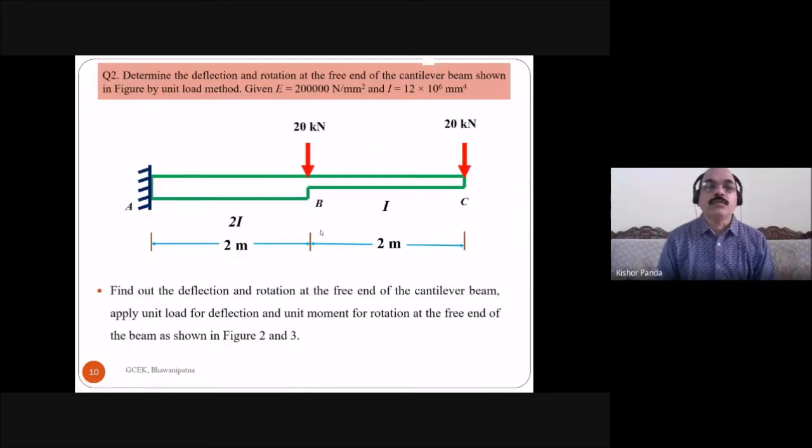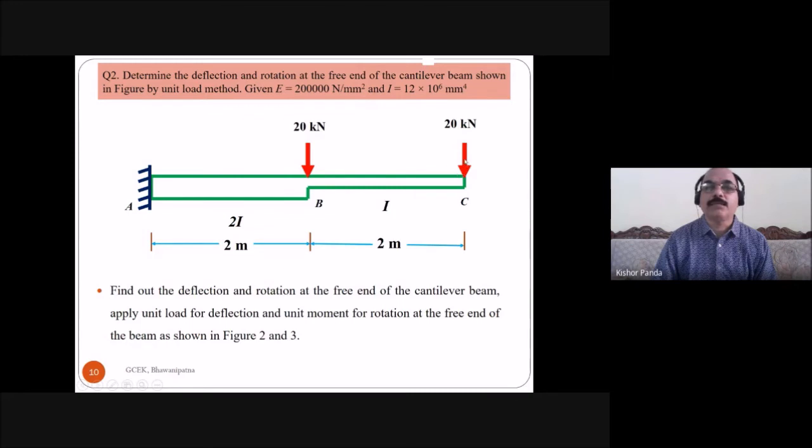Then coming to another example: determine the deflection and rotation at the free end of the cantilever beam shown in the figure by the unit load method, given E is equal to 2 into 10 to the power 5 Newton per mm square and I is equal to 12 into 10 to the power 6 mm to the power 4. The EI value is given, and you have to find the deflection and rotation of the free end